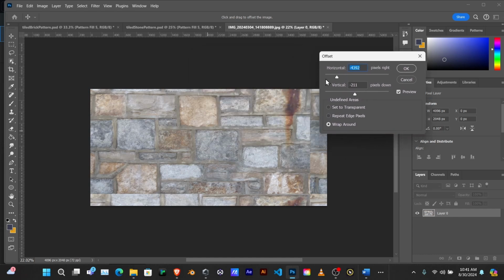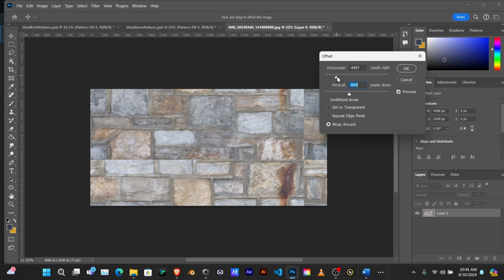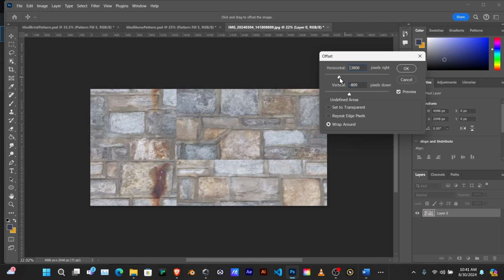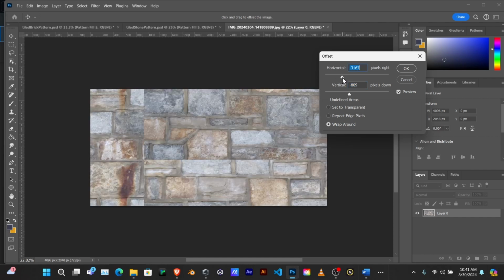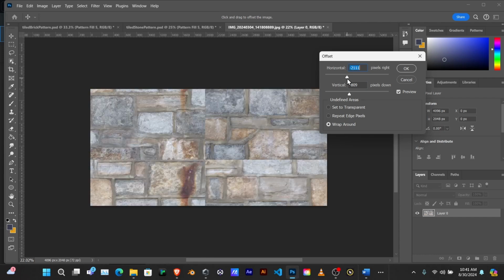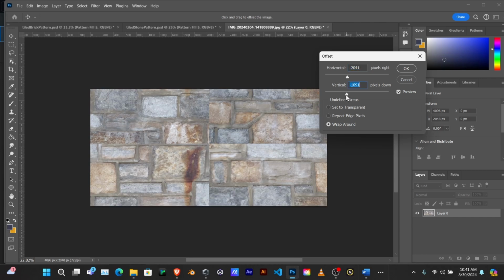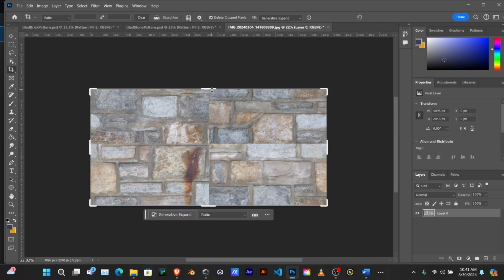And okay, so there's my horizontal. So if I move this vertically, I'll push that towards the middle. And here's my vertical. So I move this horizontally and push that towards the middle. I'm putting it in the middle mostly because it's easy to work with in the middle of the image, right? So there's my vertical and horizontal